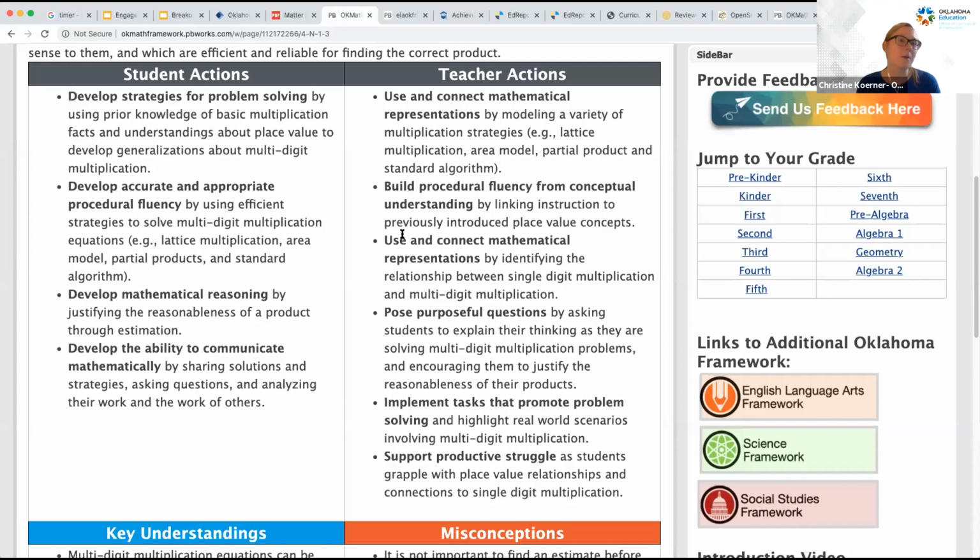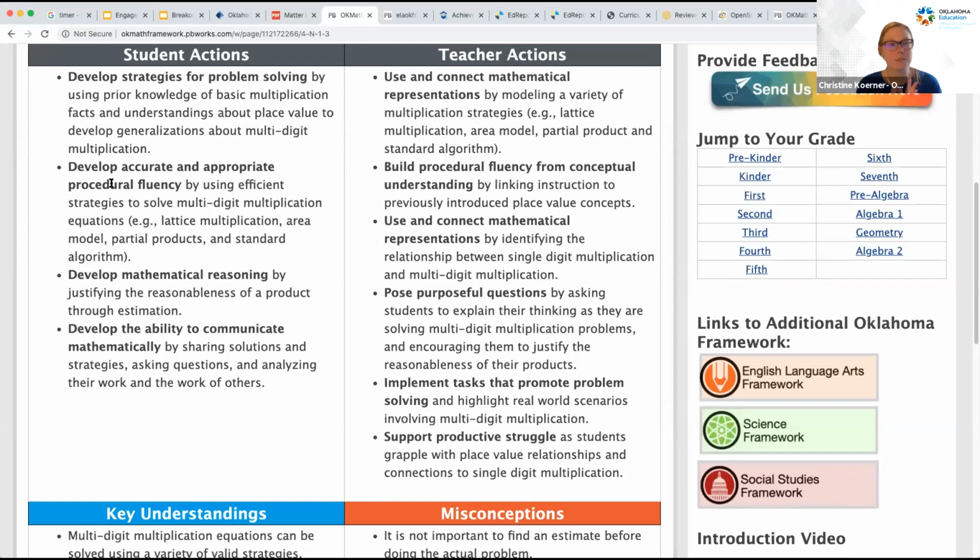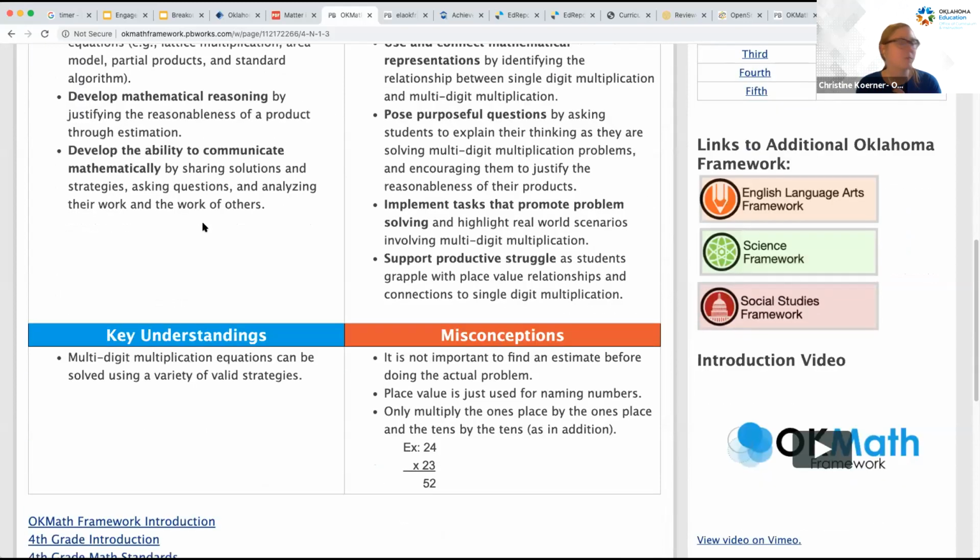And then some common misconceptions. So things we notice students struggle with when they are embarking on the journey of learning that particular objective or thought. And so all of these objective analyses, like I said, we have them for every single objective that's a part of our Oklahoma Academic Standards for Mathematics.